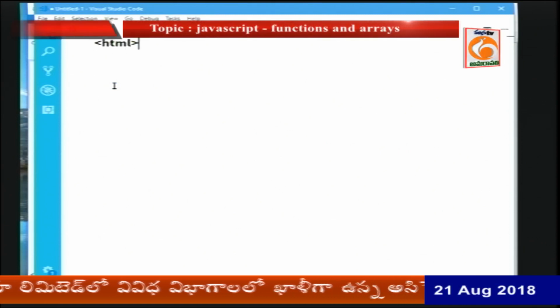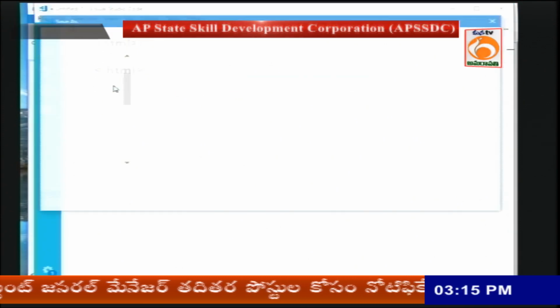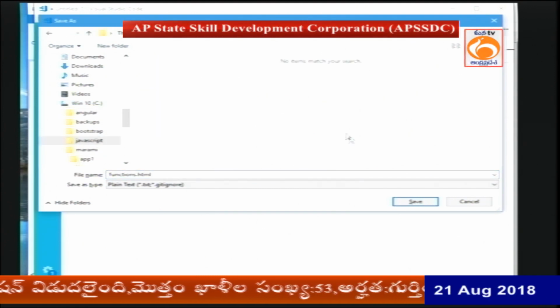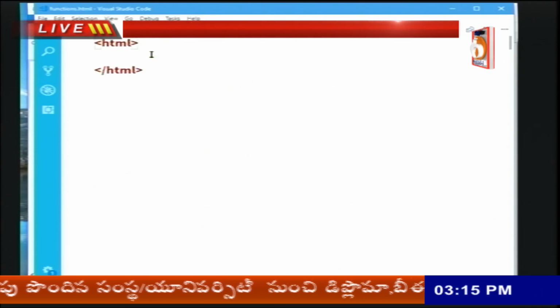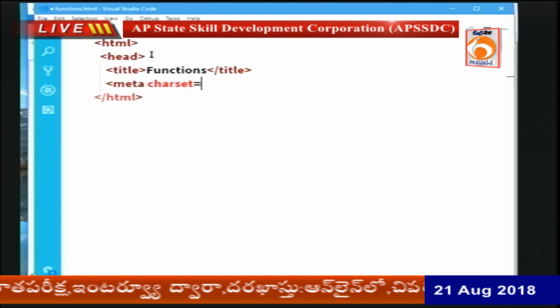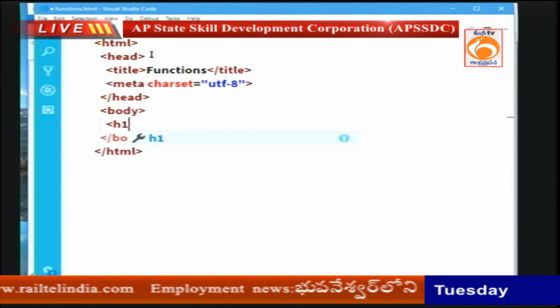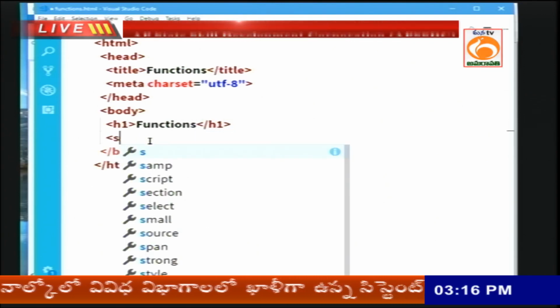So I am taking a simple HTML program, as we know already. HTML head body is the same. File name functions.html. Location is C:javascript. Okay, so HTML head body is the same. Topic name functions, meta charset is equal to UTF-8. Hey browser, I'm using Unicode format. So just we have a heading of functions, and I'm just writing